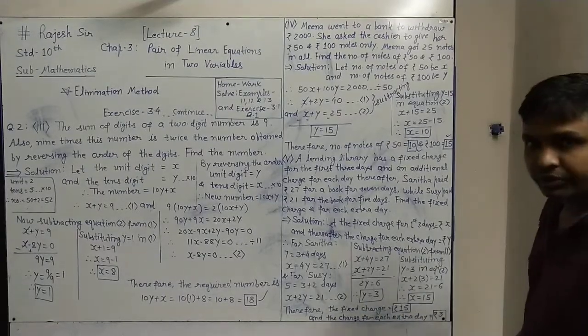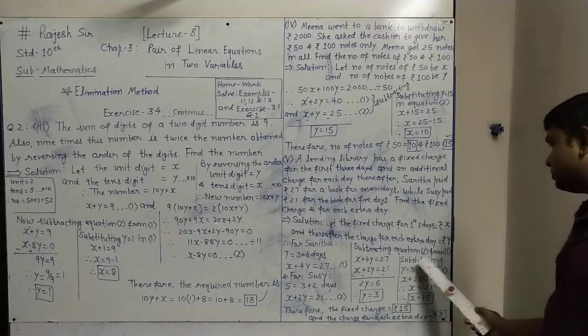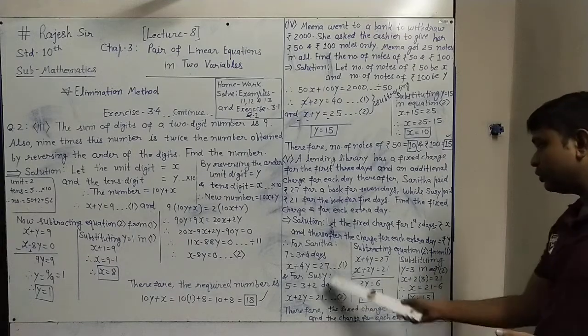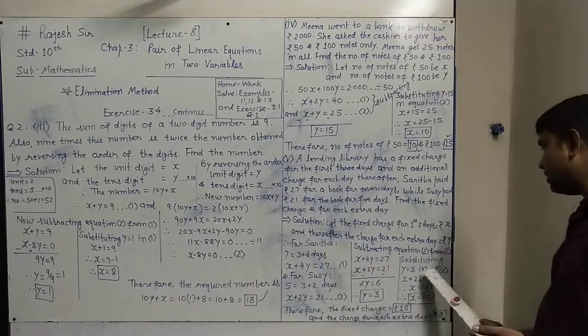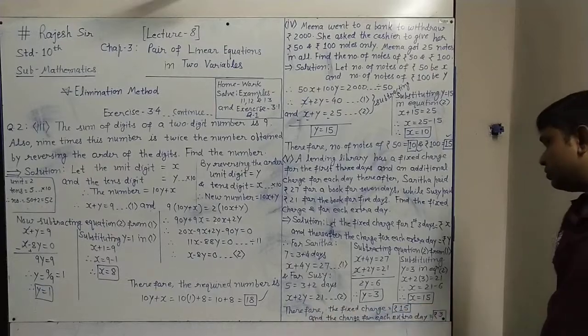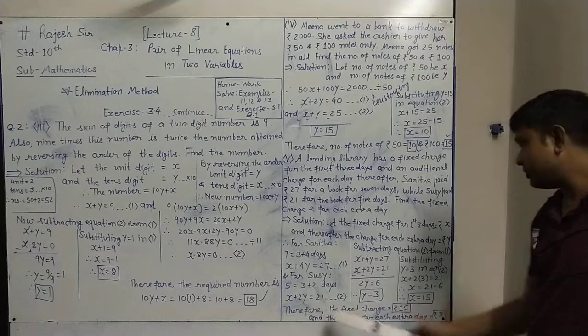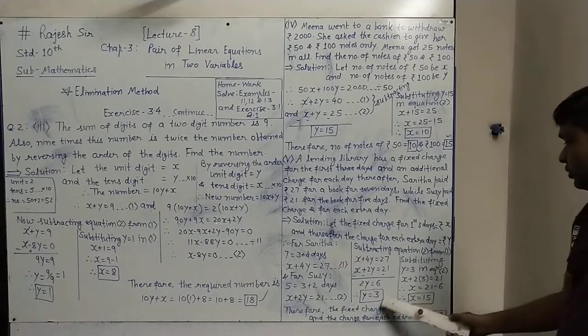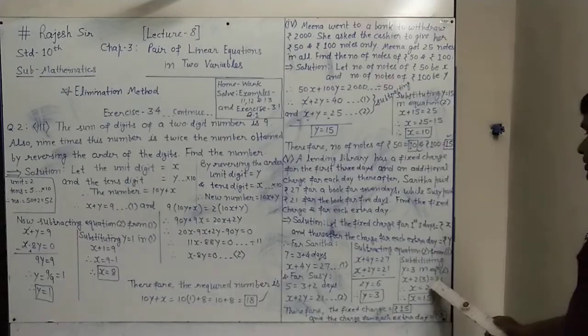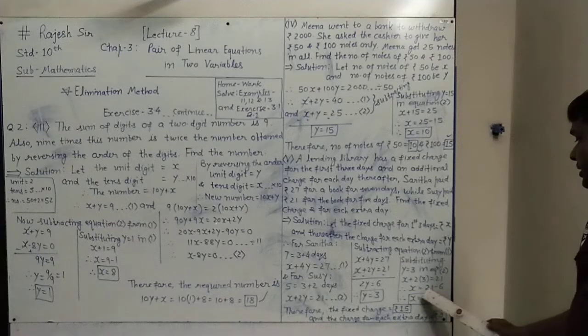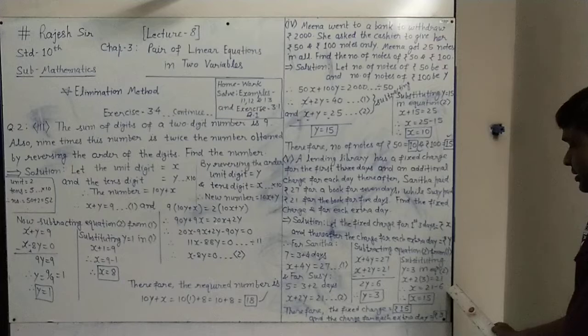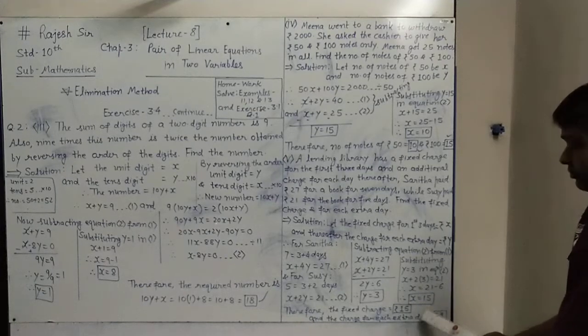y equals 3. Now we substitute y equals 3 in equation 1 or 2, either one we can use. So we have placed it in equation number 2: x plus 2y equals 21. In that, y equals 3 has to be placed, so x plus 2 times 3 equals 21. So x plus 6 equals 21, and 6 is taken to the right side as minus 6. So x equals 21 minus 6, which is 15. So we got the values of both x and y.